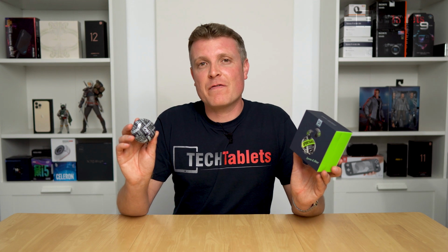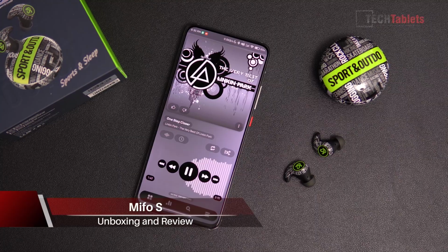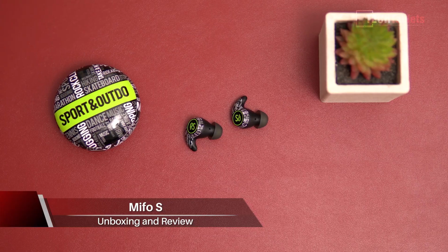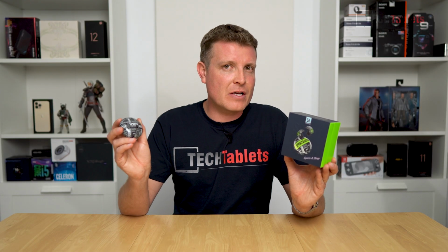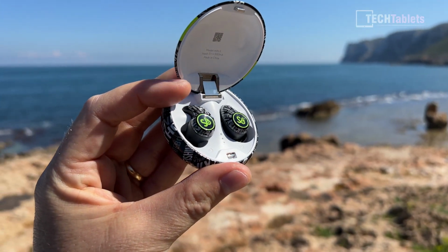These here are the Mifo S active noise cancelling TWS earbuds with Bluetooth 5.2 tech. So they've got 3 different levels with that active noise cancellation: strong, mild, and even a transparency mode to let, and even boost, sound through to your ears. So you can hear, for example, a bicycle approaching or even a car, which is great for runners and working